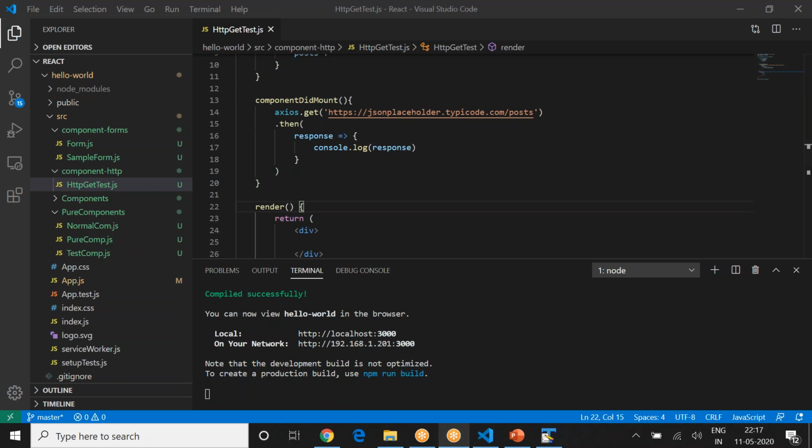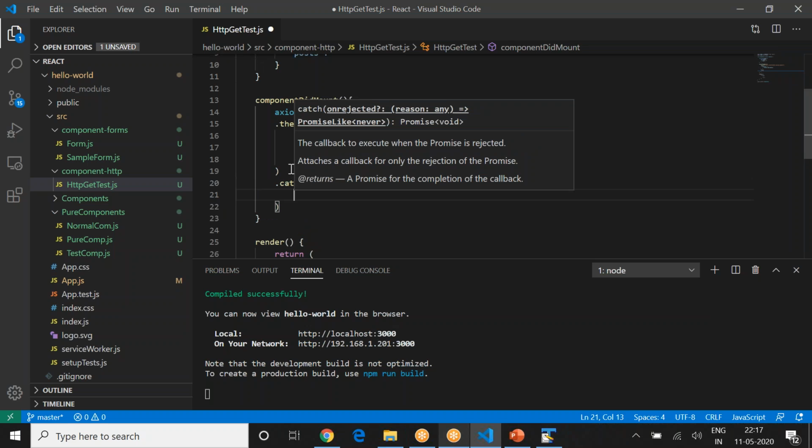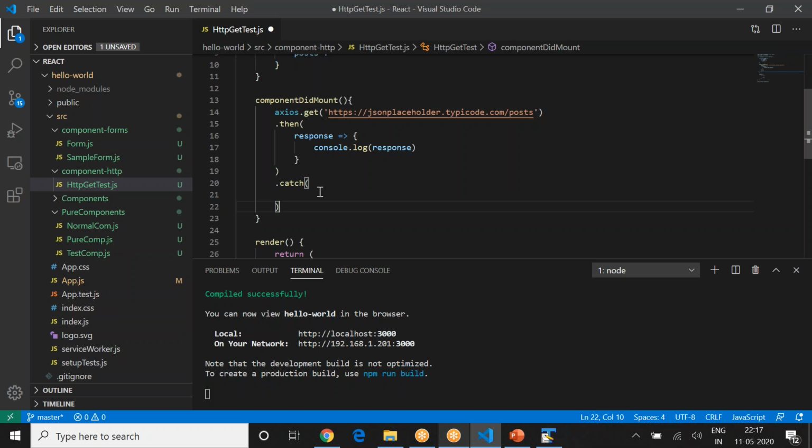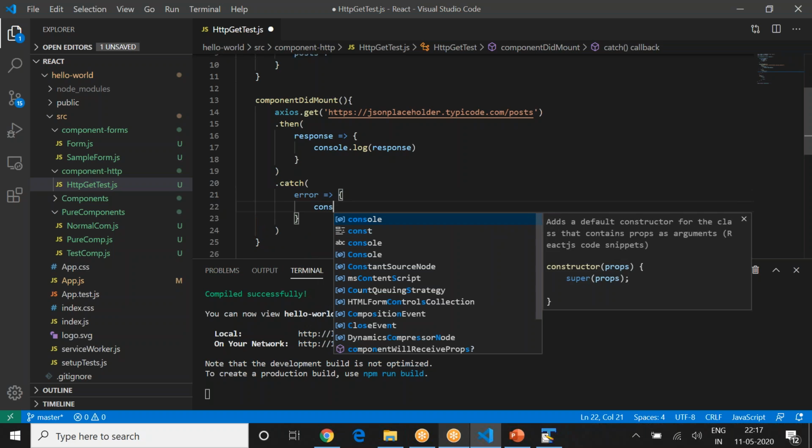So for that, you will actually do what? You have one more thing. Just like then, you have dot catch. So here you have dot catch, and in dot catch you do similar stuff. You can actually get the response back again. So you can specify that if in the catch block you get an error, you can call it error. It's a common habit for me to write excp, but I'll just write error here, error, arrow function, and create a console.log.